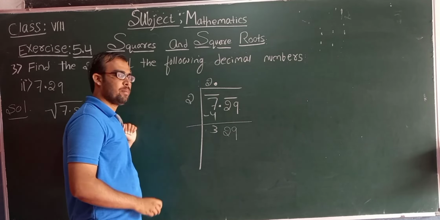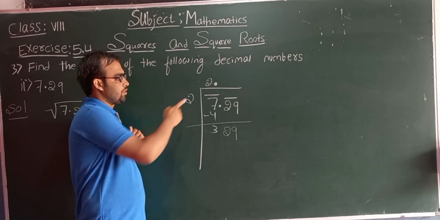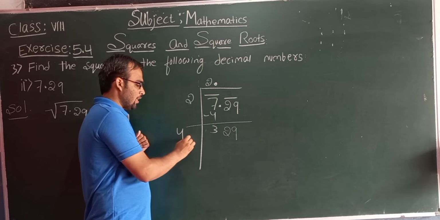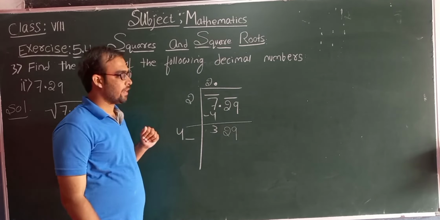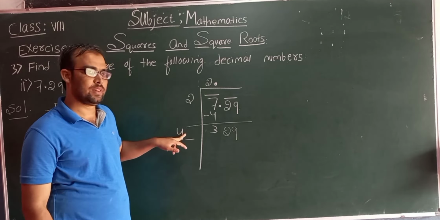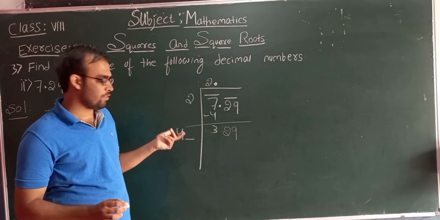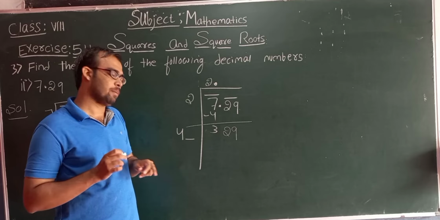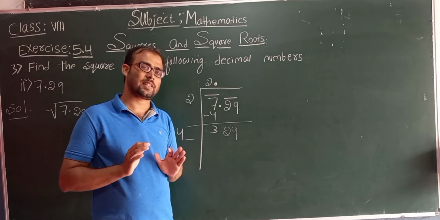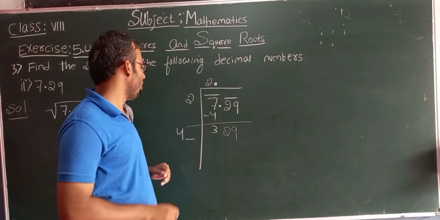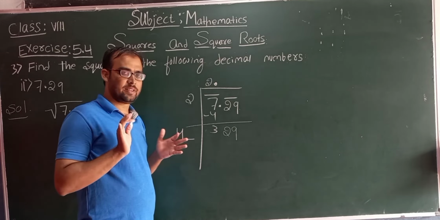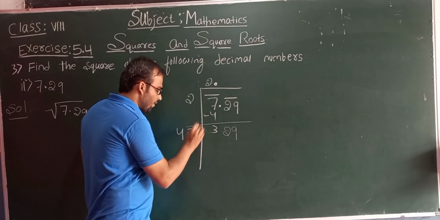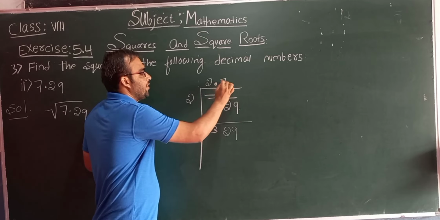Now what's the next step? Double the quotient. As the quotient is 2, when we double it, what are we going to get? 4. Now put the blank. Here we need to fill this blank with a number such that when we multiply this number with the new digit in the quotient, we get a number either 329 or lesser than 329. Now let us fill this blank with 7 and see whether we are going to get this number or not. So if I am writing 7 here, here also we have to write 7.